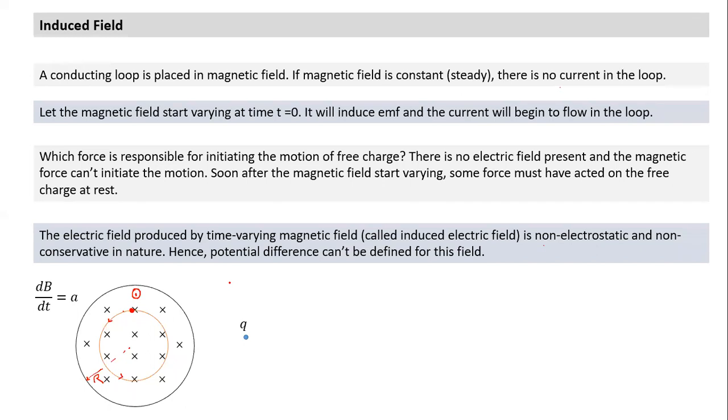In a similar way, if I take a small insulating rod, and place a positive charge at one side and a negative charge at the other side, it becomes like an electric dipole. This also will always tend to align itself in the direction of the electric field. This can act as an electric compass. So if I use an electric compass in this region, I'll find the field lines will form a circular loop. This is very unlike electrostatic field lines. Electrostatic field lines do not form a closed loop, and this forms a closed loop. This itself indicates its non-conservative nature. If it forms a closed loop, the work done in the closed loop will not be equal to 0. Hence, for this, potential difference is not defined.